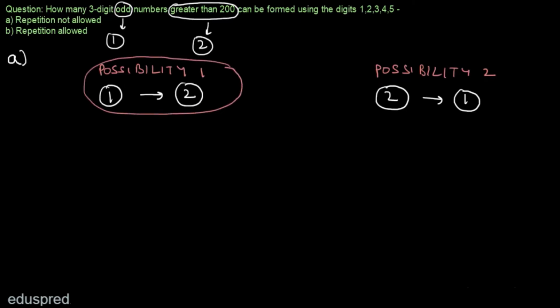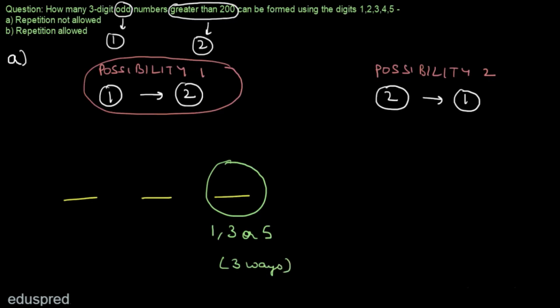So in this case, we are first going to start with the condition which says that the numbers should be odd. So let's make 3 slots and the condition is that the number should be odd. So given this condition, we can fill the units place, or you can say the third slot, in 3 ways. So this place can be filled with 1, 3 or 5. So there are in total 3 ways to fill this place. Now for the sake of example, let's say we are filling this place with the digit 5.